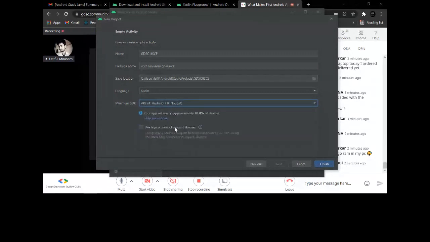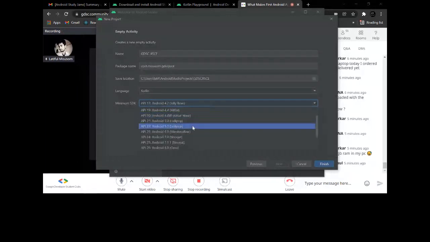And if I choose that, you can see your app will run on approximately 89.0% of devices. Google has data suggesting how many devices are running on which of these Android versions, so according to that they are suggesting this. If I choose Android 4.2, then you can see that your app will run on approximately 99.8% of devices.